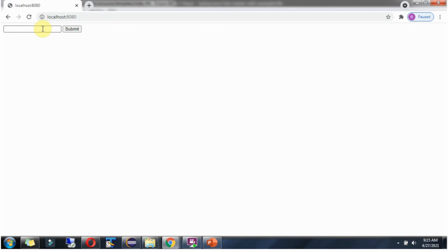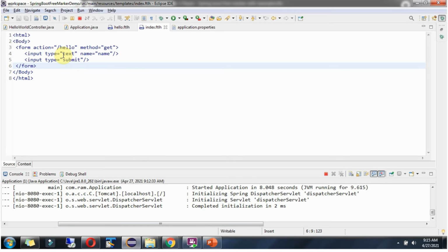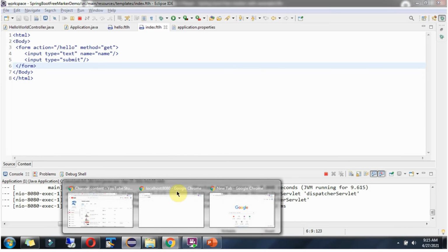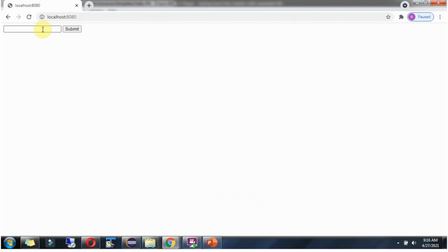Here you can see it is displaying the index page. It has one text box and submit button.